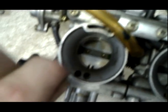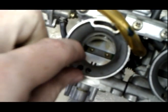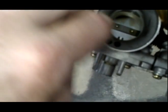Do the same thing to this one to the side, because that's the main jet. This one's going to be larger than the other one, so it's probably not going to be that clogged, because the jet size is so large. So stick it in, swirl it around. I'm going to go back to this one because it's small. Swirl it around. I did this one twice and did the main jet one once. Once you've done that,